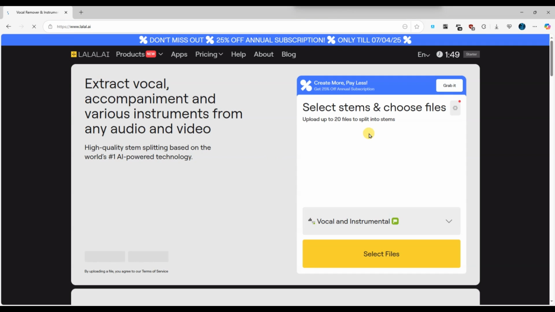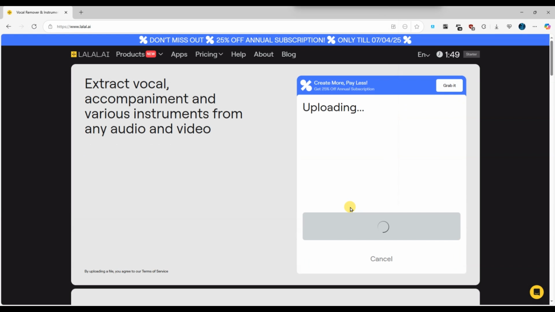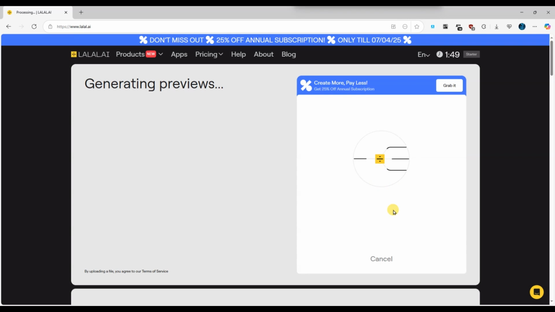Next, log into your account using your credentials. Once logged in, upload the audio file you want to process by clicking on the Select Files button and choosing your file. After the file is uploaded, Lalal.ai will process it and separate the vocals and instrumental using its advanced